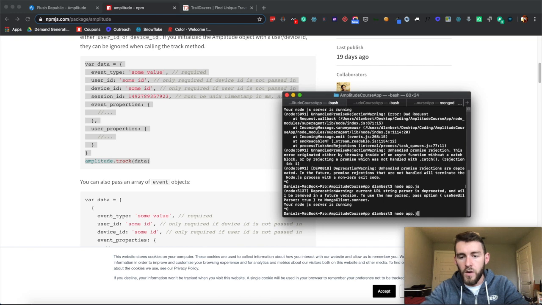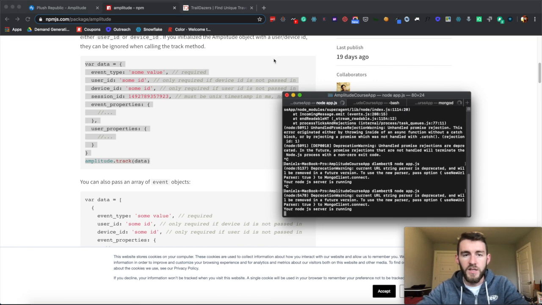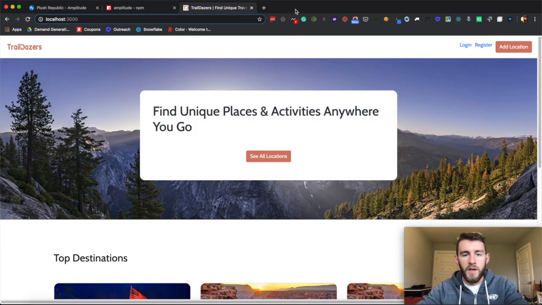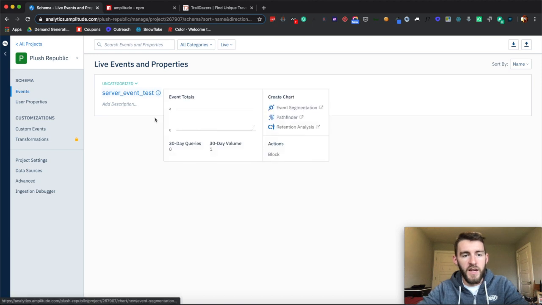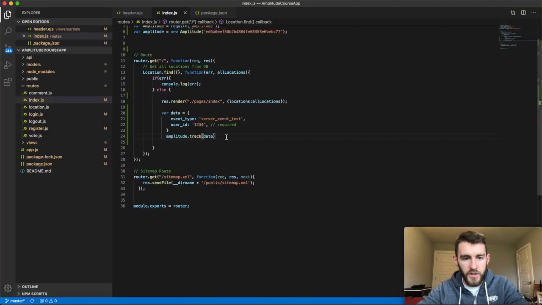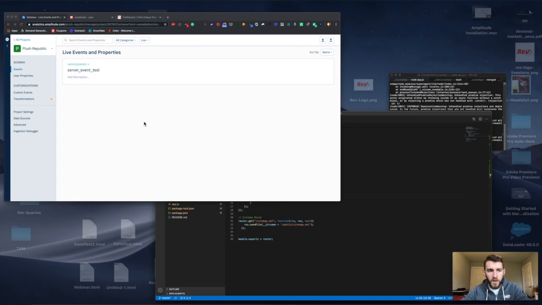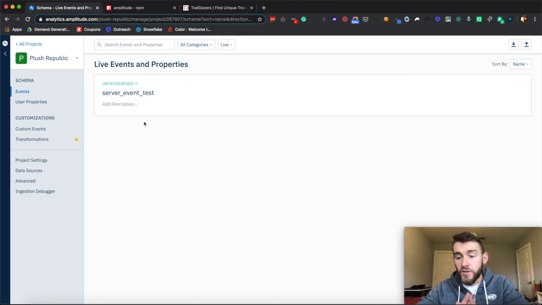So I'll call node app.js. My server is running. Here is my home page, so I called that. And now when I come into events, I see that server event test, right? I just changed that to server event test. So you can see that Amplitude is now installed using npm,